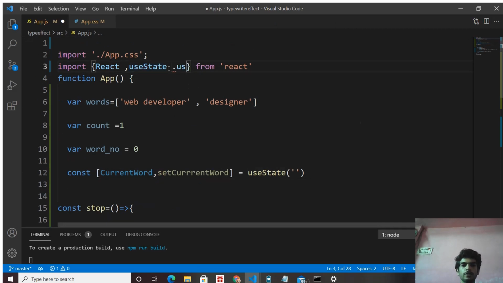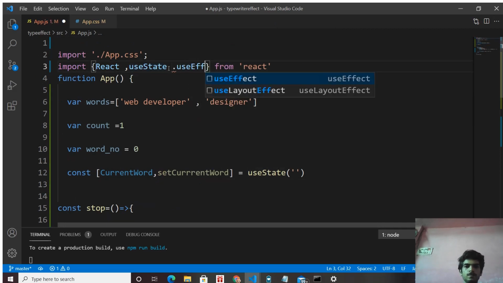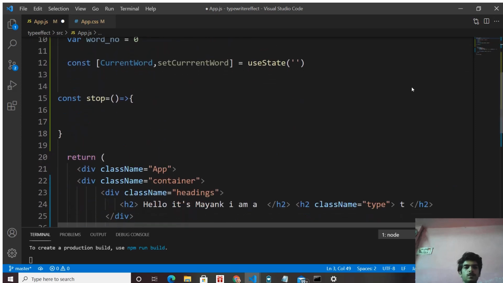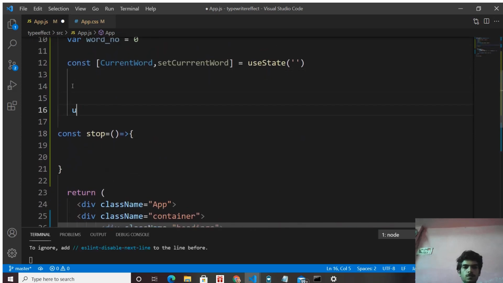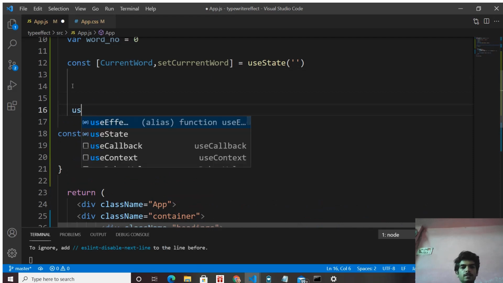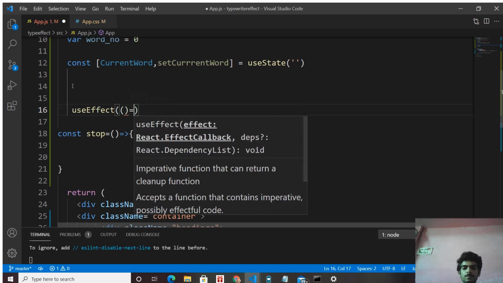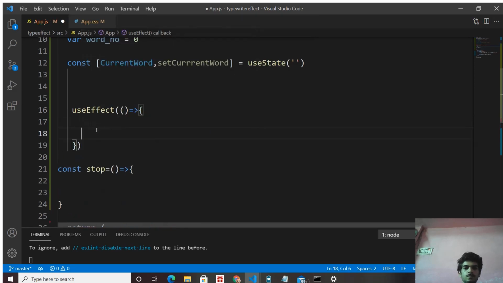Now we are importing useEffect. useEffect is a hook. Define useEffect here before the stop function, and inside it first write a console log.